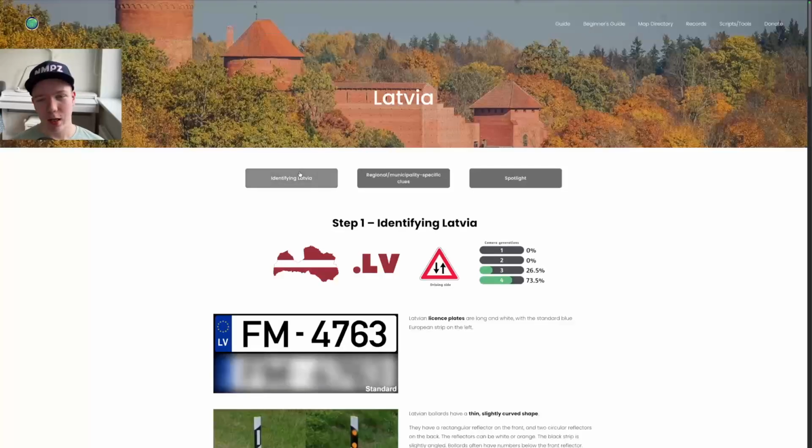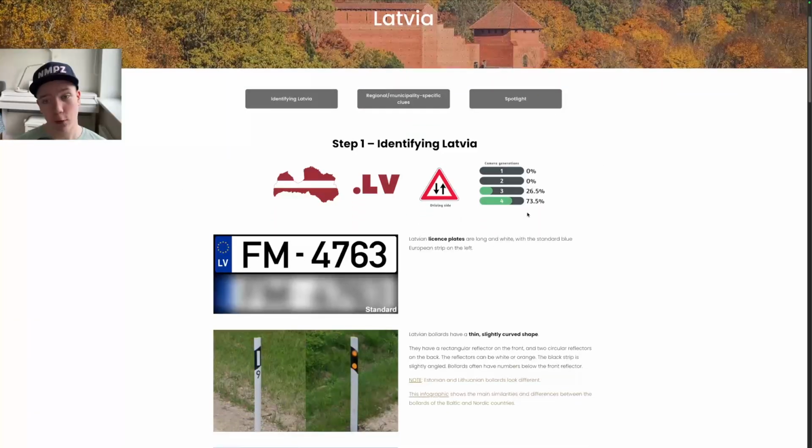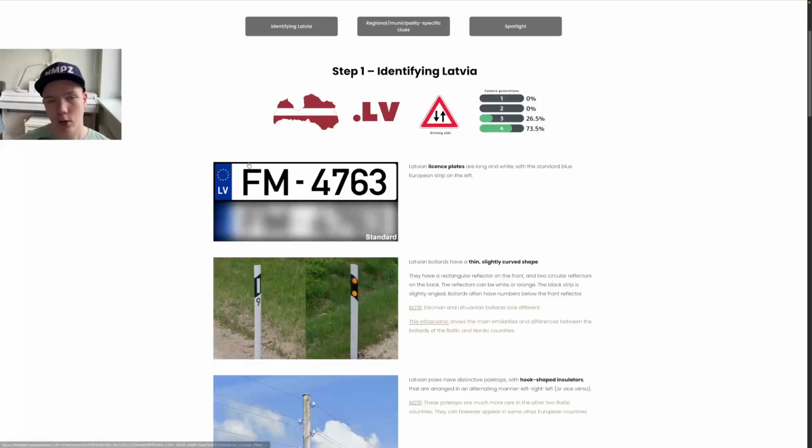Latvia. Also only Gen 3 and Gen 4. Gen 4 is a bit more common, I don't know about that. I would say you can see Gen 3 just as commonly in Latvia as in Estonia. Again, pretty much the exact same license plates as Estonia through the blur anyway. This is the flag, .lv. I would say .ee in Estonia is a bit common, but you can see that sometimes, so I would say